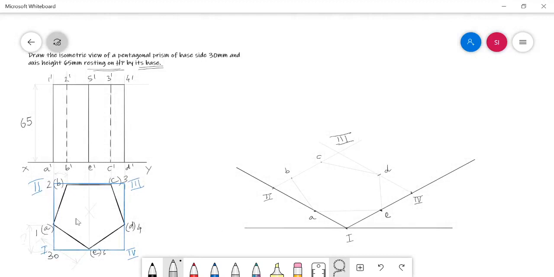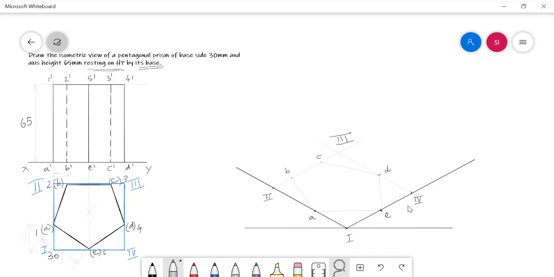Here, the location of the points 1, 2, 3, 4, 5 with respect to the box sides is the same as the locations of the points A, B, C, D, E. So in the same place we can mark 1, 2, 3, 4, 5, and in the meantime you need to include the height or altitude of each and every face corner.